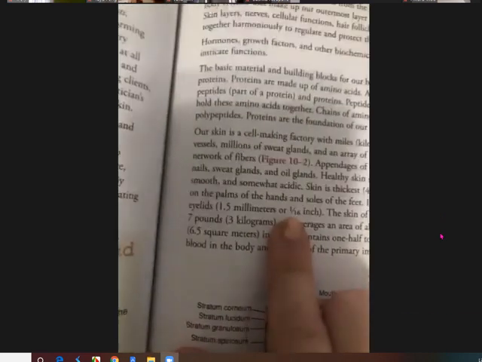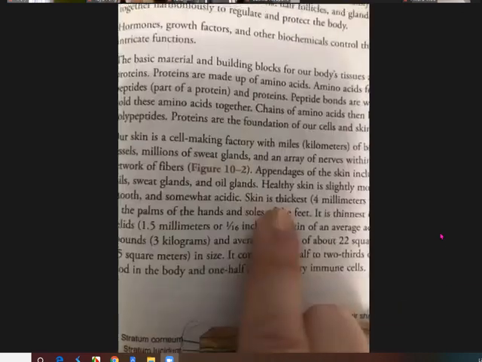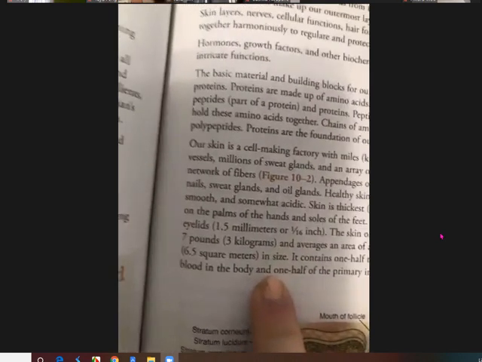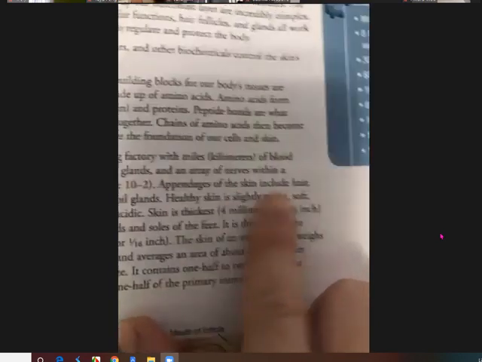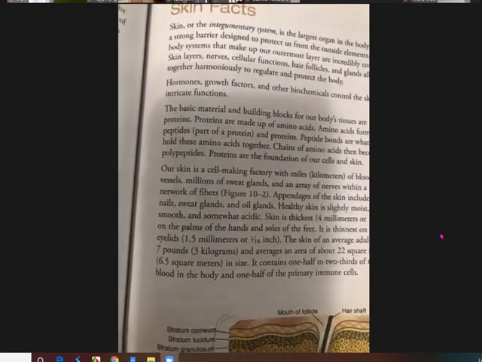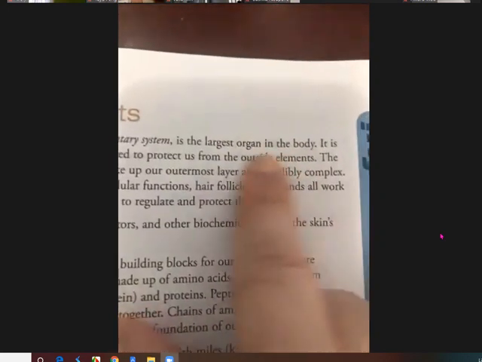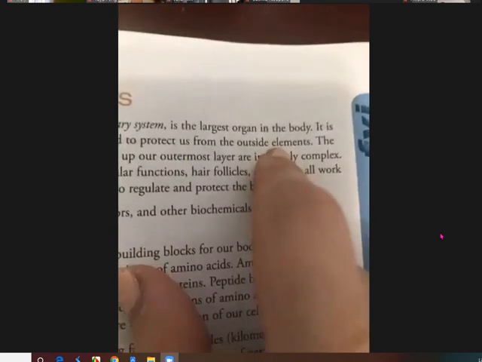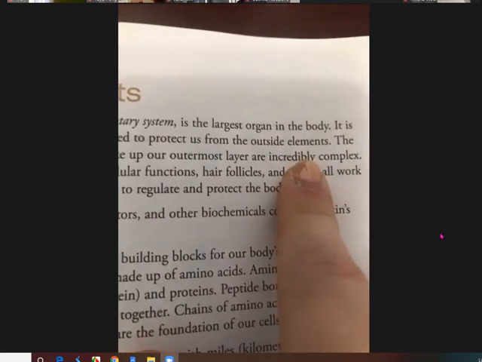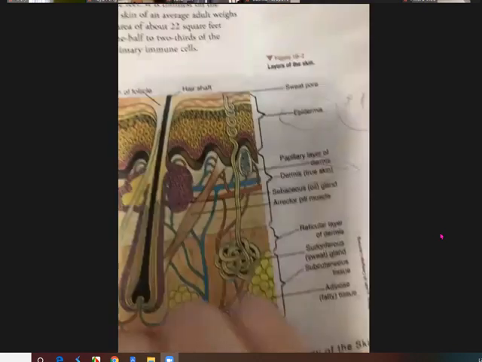But over here, just remember the palm and the sole of the feet is the thickest skin. The eyelid is the thinnest skin. The appendages of the skin include hair, nails, sweat glands, and oil glands. Just remember this. And the skin is your integumentary system, which is one of the largest organs. It's an organ, 皮肤也算是器官，是我们身体上最大的器官。